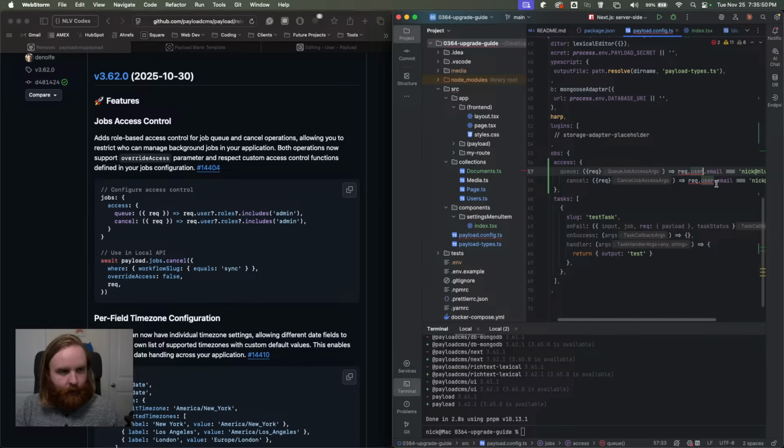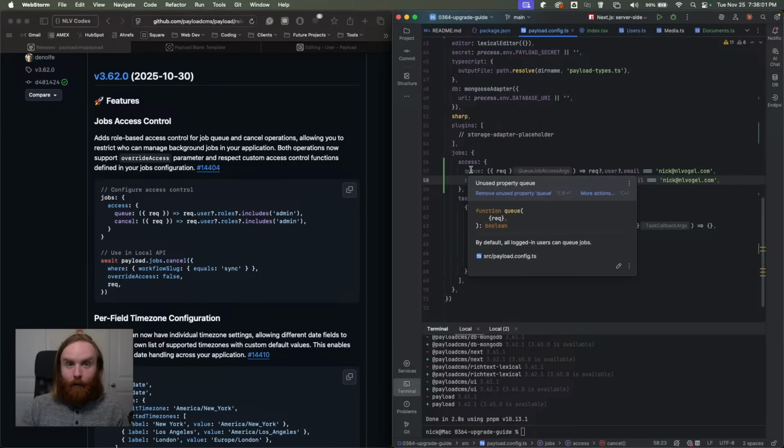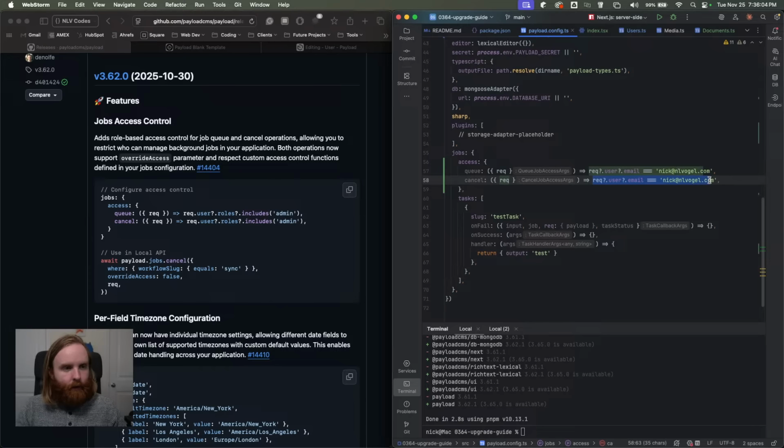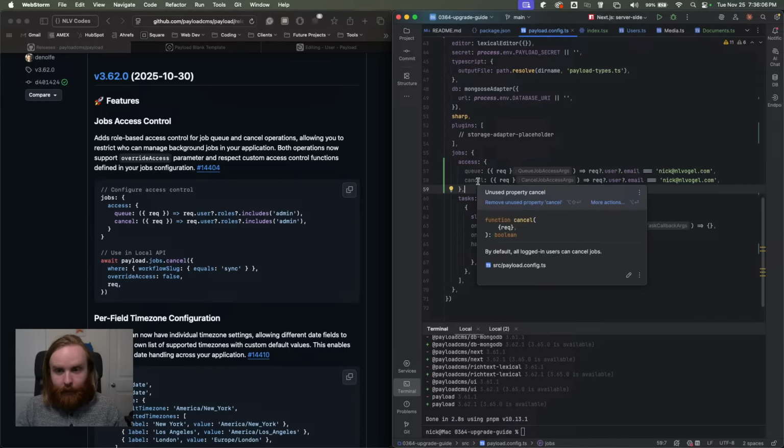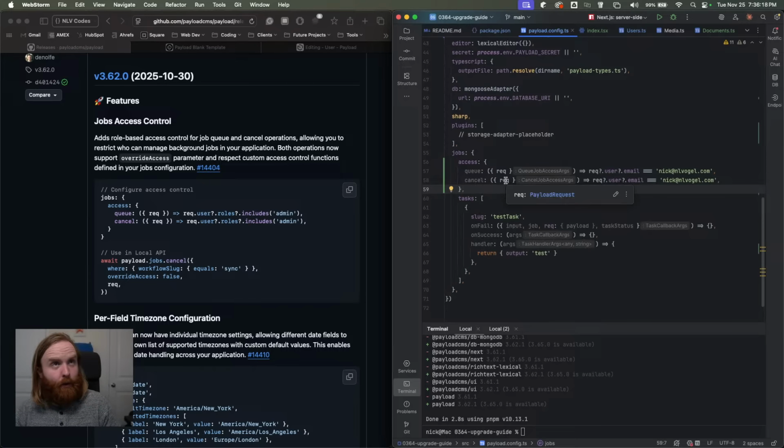And so what this is going to tell, one thing at a time. And so now what this is going to do is only the user with this email address can queue a new job. Only this user with this email can cancel a job. So if another user or an external site or anything else tries to queue or cancel jobs, it will be rejected. So this is one way that you're able to now more fine-tunedly, more granularly queue and cancel your jobs